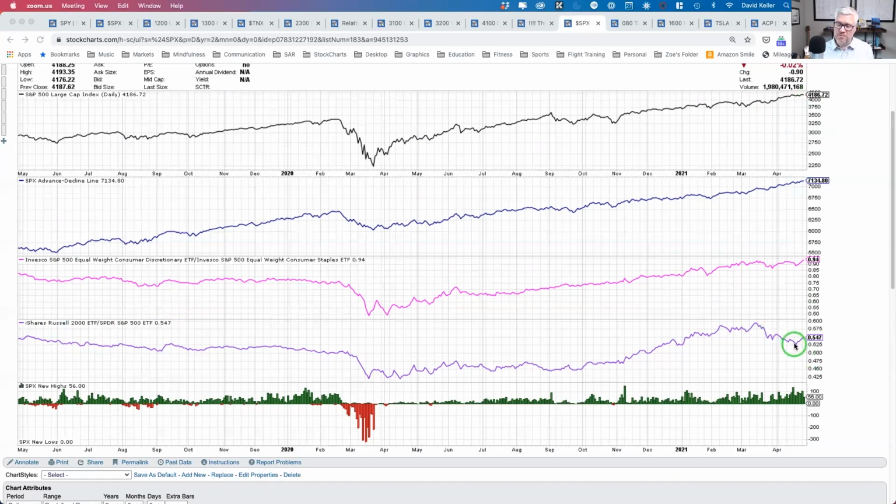The other kicker is small caps actually overweight financial stocks relative to the S&P 500, meaning the Russell 2000 index has a much bigger weighting in financials than the large cap index, the S&P, which has a bigger weight in things like technology and communication services. So when financials are doing well, the Russell 2000 is going to tend to outperform. So small caps outperformed here in the fourth quarter of last year into January, February, March, because financials are doing so well.